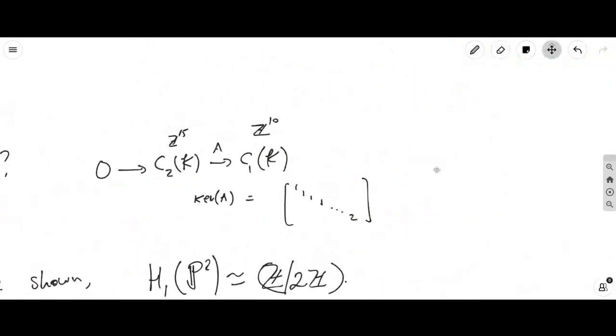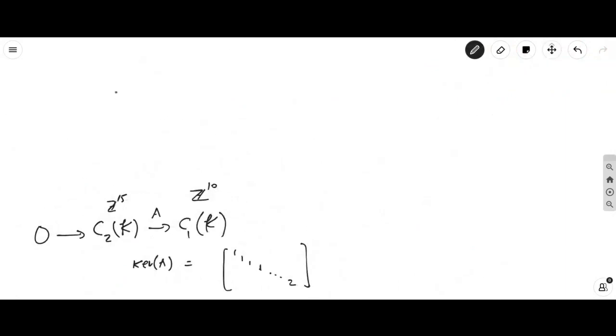And so the kernel of A would consist of vectors in Z^15, so that A of the vector is zero. If you write out these conditions over here,